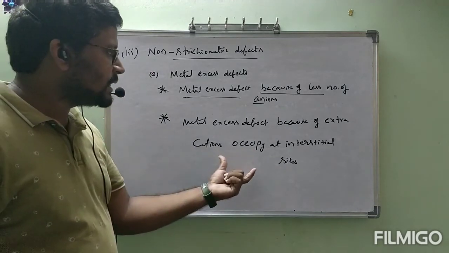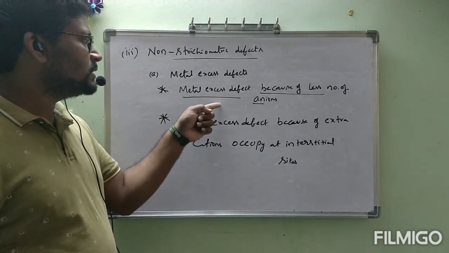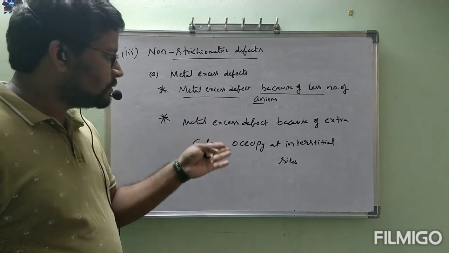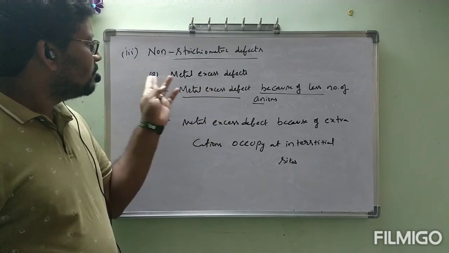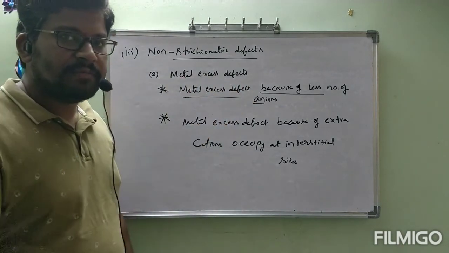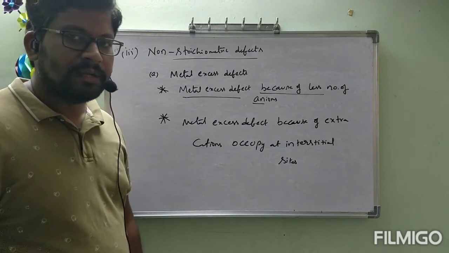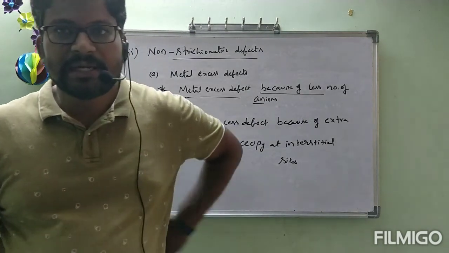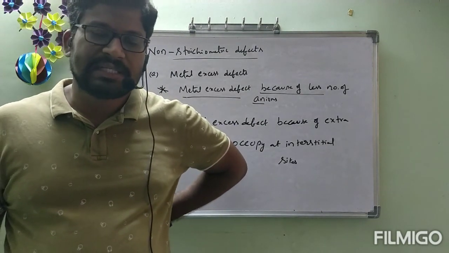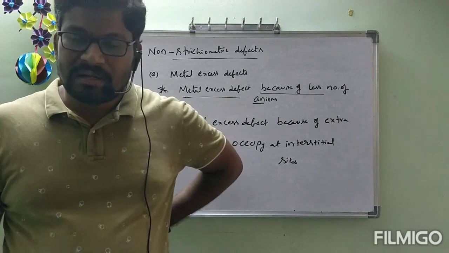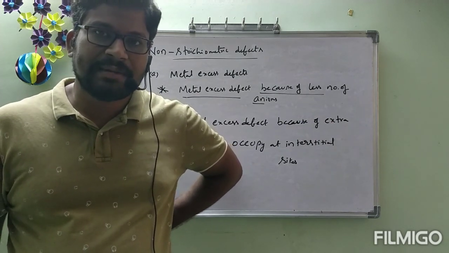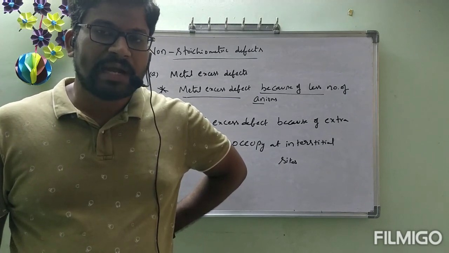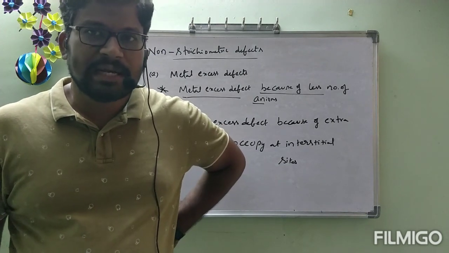Before going to this type, there is some information in this one also. Tomorrow I will repeat this one once. After that we will go through this one. By this, metal excess defects will be completed. We are left with metal deficiency defects. Tomorrow's class we will see within 10 to 15 minutes, and in the remaining time I will go through surface chemistry. Surface chemistry is also a theory part. Sometimes I will take the help of the textbook and explain. Whatever it might be, we will complete that within 6 periods. After that we are left with P block and D and F block.